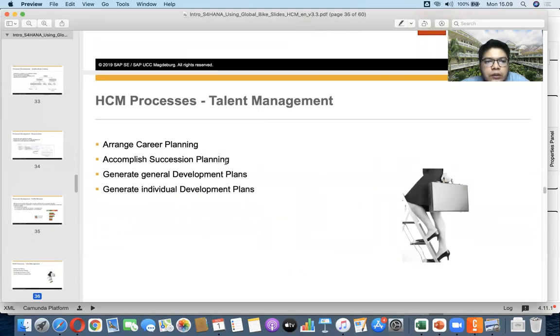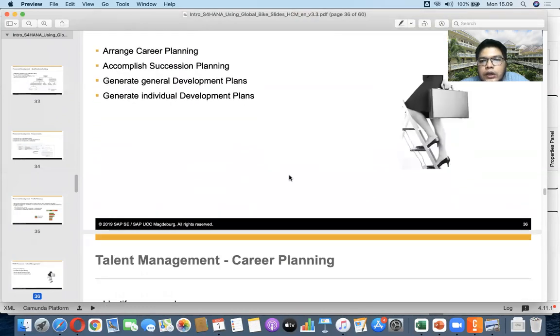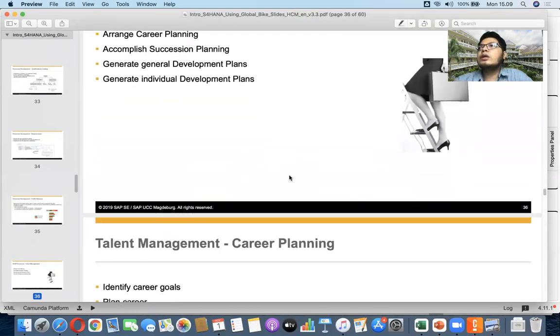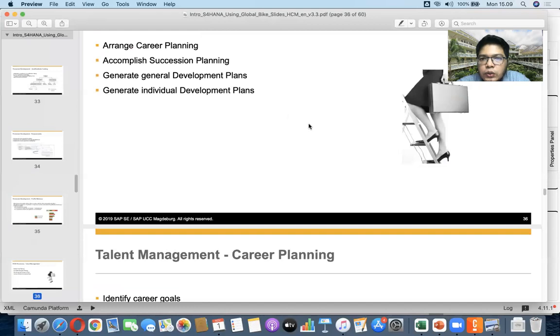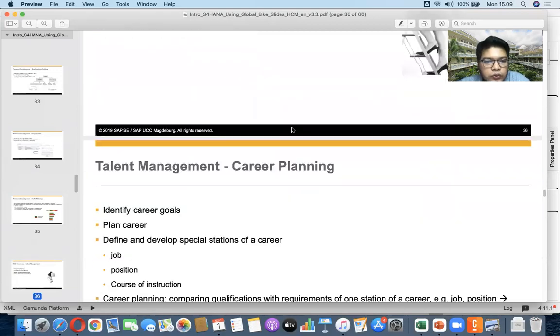This is about career planning and succession planning. Basically, every person needs to be able to move up the hierarchy. They need to be motivated enough, so they need to be able to move to a higher position. One reason is so that they are motivated enough to work in the company, because people who are stuck in one particular position will waste their potential. And talent management is the one that manages all of those things.